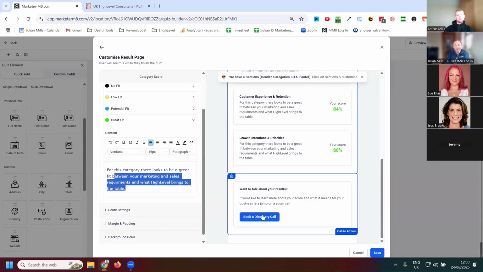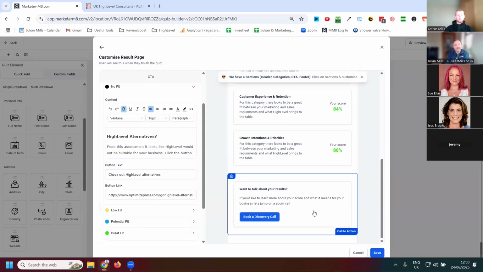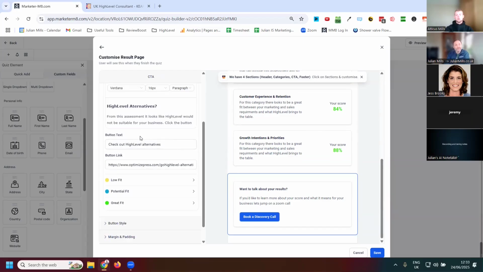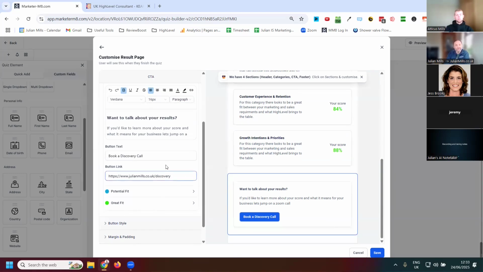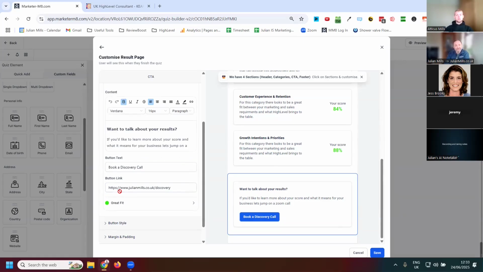Then the final one here, discovery call. Again, it's the same process. The block of text that appears here depends on the options we selected here. So see here, if it was a no fit, then I'm taking them to an article. The button would say check out the high level alternatives, and take them to an article. If they're a low fit, you can't see it here, but it would be book a discovery call. Potential fit, again it'll be book a discovery call, and great fit,